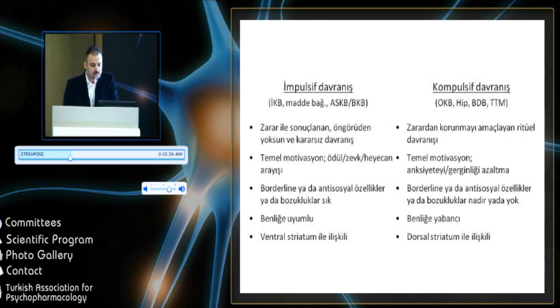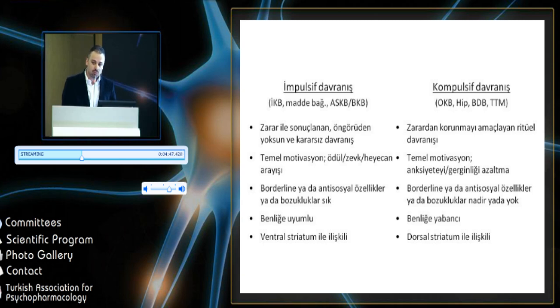Impulsive behaviors and compulsive behaviors, these are two different ends of the spectrum, it is proposed. Let's now take a look at the differences. One is behaviors that can result in harm. The others are ritualistic. In compulsion, it's ritualistic and based on avoidance of harm. In the first one, the main motivation is about seeking of reward, pleasure or excitement, whereas in the compulsive behavior, the basic motivation is reducing anxiety. And in impulsive behavior, you see borderline and antisocial features. In compulsive behavior, there is no such thing, and in impulsive behaviors, it is